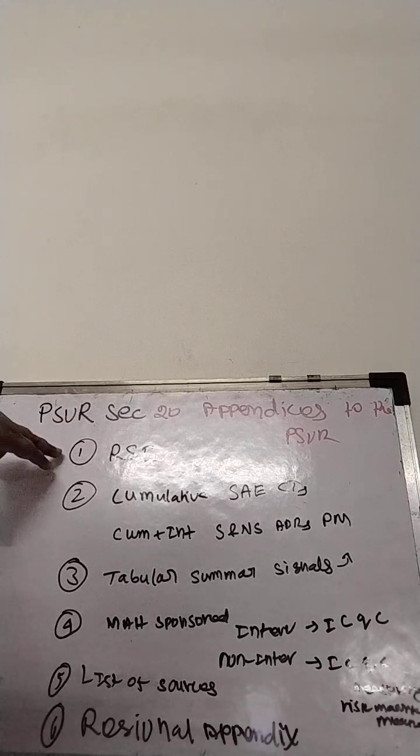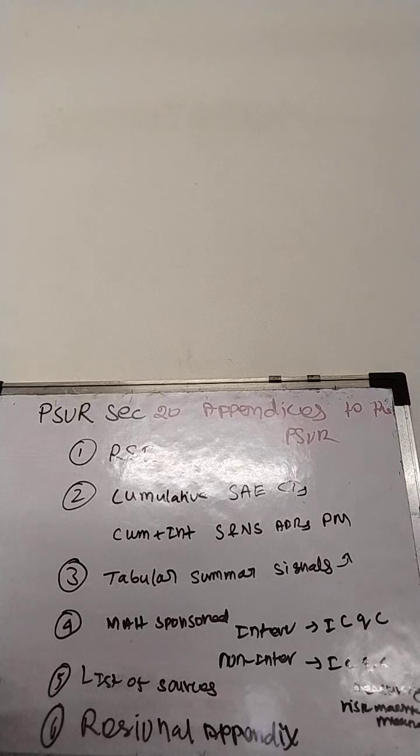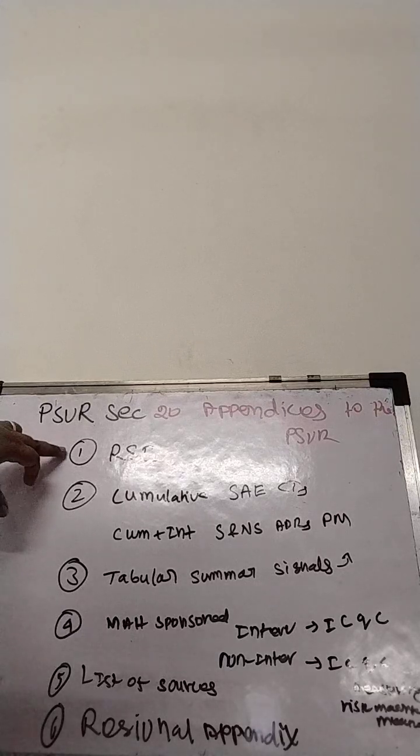First we will see about RSI, the reference safety information, which was effective at the end of the review period. At the time of DLP, whichever RSI is effective, that we need to append here. And the second is about